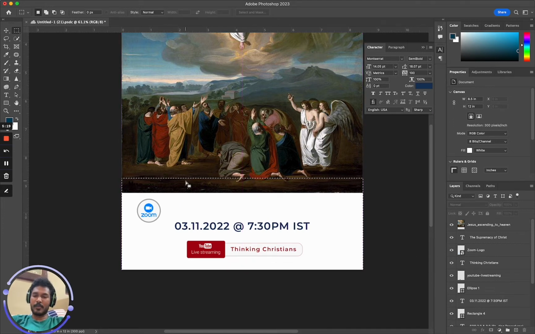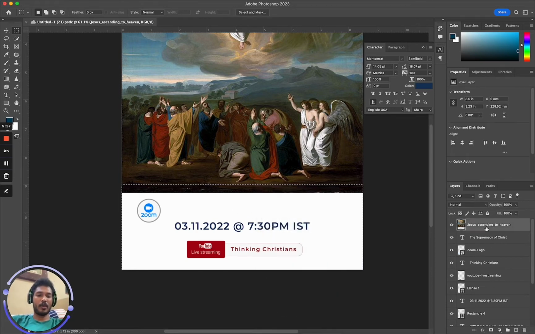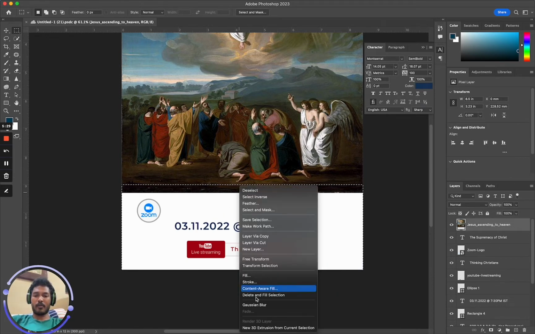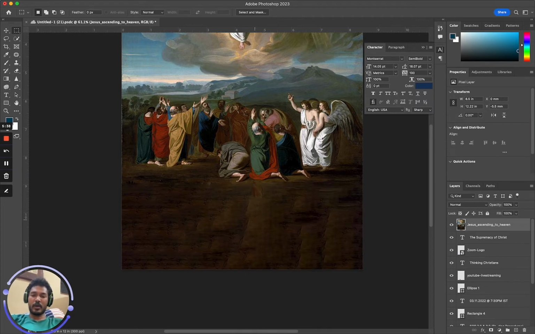Okay, so let me just make a quick random selection over here, and then I'm gonna right click. Let me choose a layer, and now I can right click and delete and fill selection. So this is something like content aware fill, but this is much better. Now you can see that it automatically filled with the